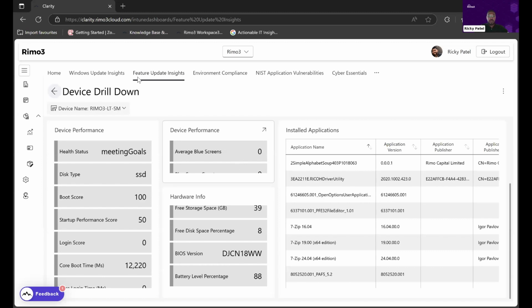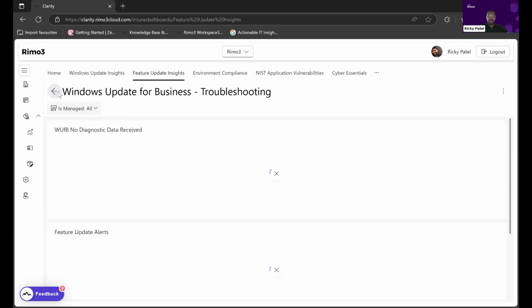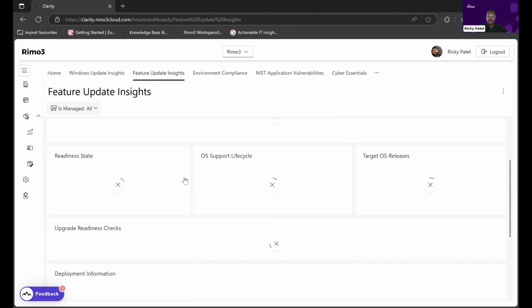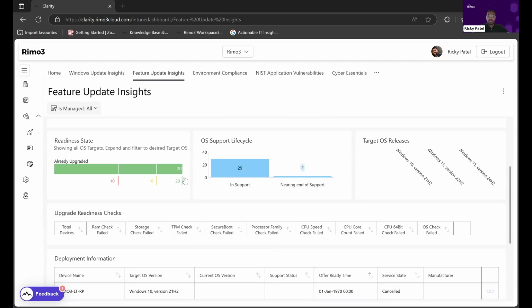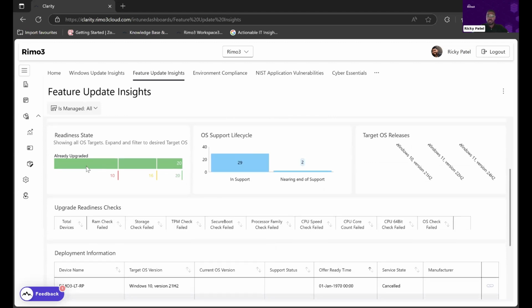So when we come back to that feature update dashboard, it very much comes into play as to providing you that data at pace and at scale, but being able to allow you to drill into that data set to understand how many devices have maybe already been upgraded to your target version of Windows, how many of those devices are within support, and which devices should we maybe be concerned about that are coming to an end for their